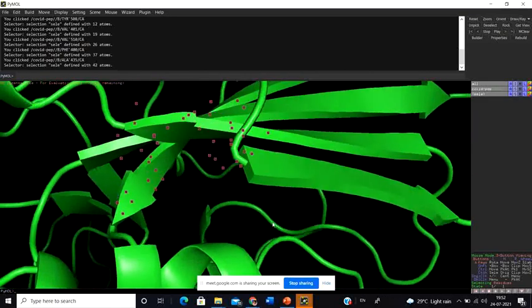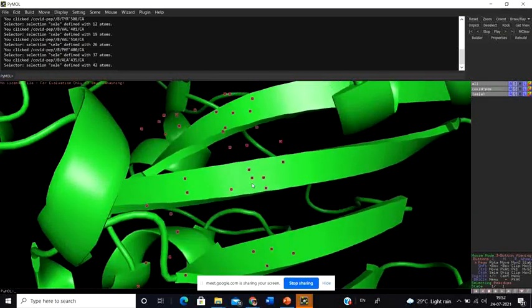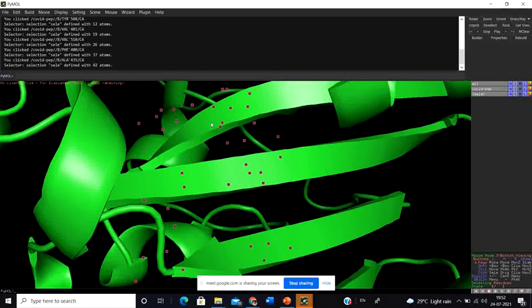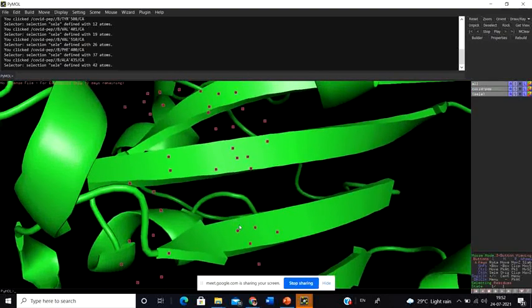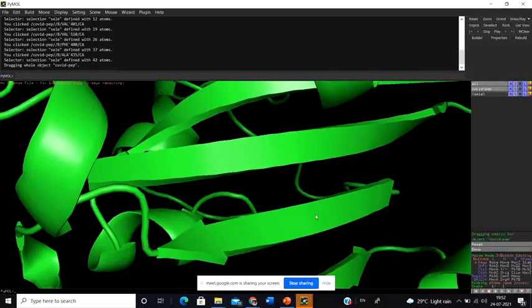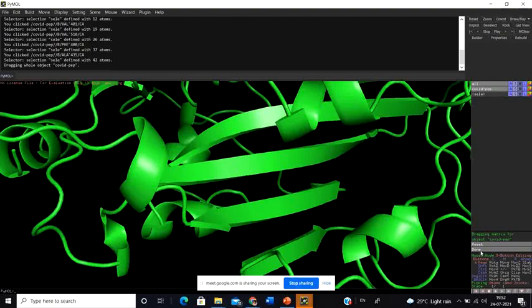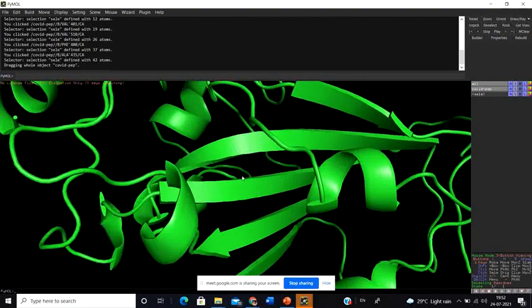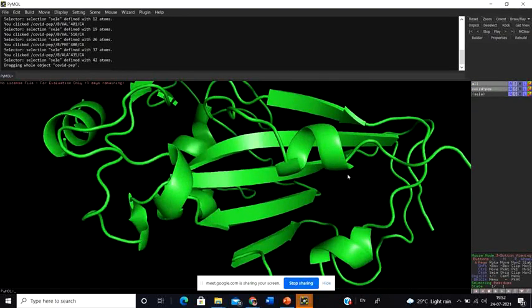Understand? But for beta sheet, it is not there. For beta sheet, suppose beta sheet 1, 2, 3, the amino acid in beta sheet 1 is going to have a hydrogen bond with beta sheet 2, whereas the amino acid in beta sheet 2 is going to have a hydrogen bond with beta sheet 3, and this goes on and on. And when this happens, what happens? Generally all these amino acids, and for insulin generally, they tend to aggregate.